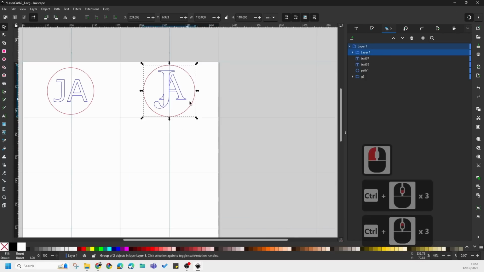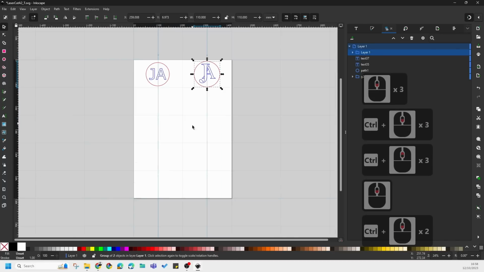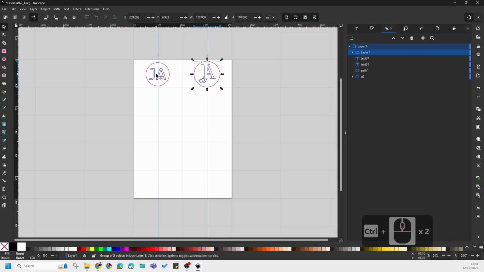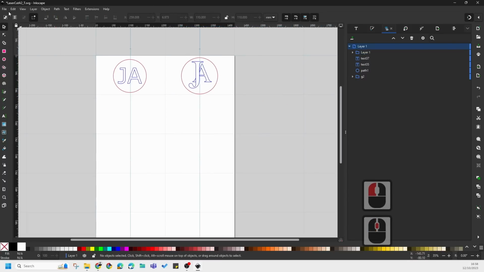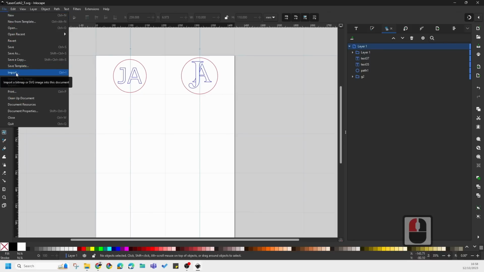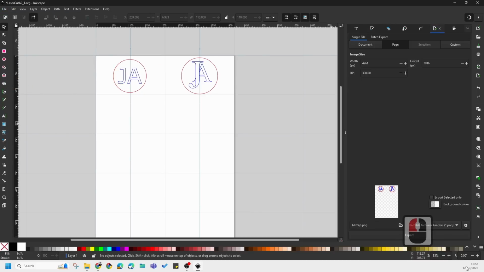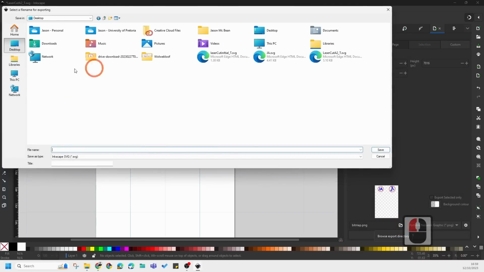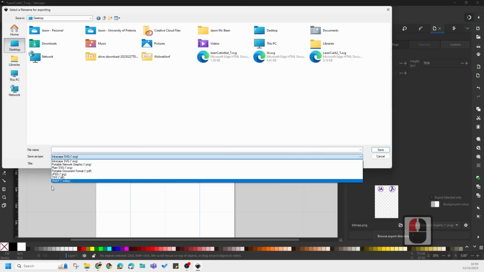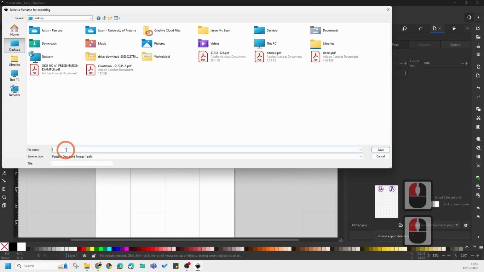so once this is full of all of the different groups' initials and the different font that they want to use, then all that we simply do is we go to File and we export this. So we're going to go to Export. And you'll see in the export settings over here, you're going to say page, because it's a page that we want to export. We're going to select the folder where we want to, so I'm going to say desktop where I want to put it, and then make sure that you select the right file type, and you're going to call this group, whatever group you're in. Okay, so